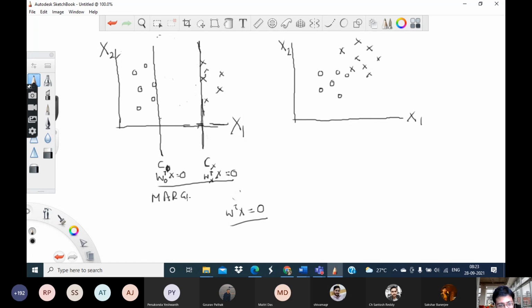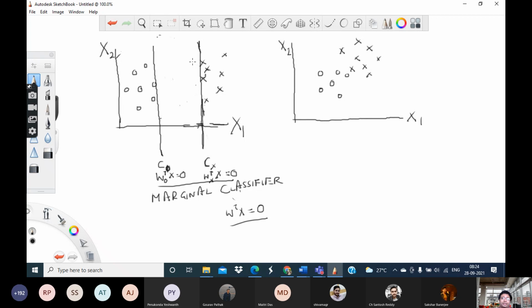Marginal classifiers. Now, why do we call that? Well, that should be pretty straightforward, because in a sense, these two classifiers are drawing a margin of these two classes. It's like saying that this is the margin for the circle class. Beyond this, the circle points do not exist. And here also we are saying that this is the margin for the cross class. Beyond this, the cross points do not exist, right?